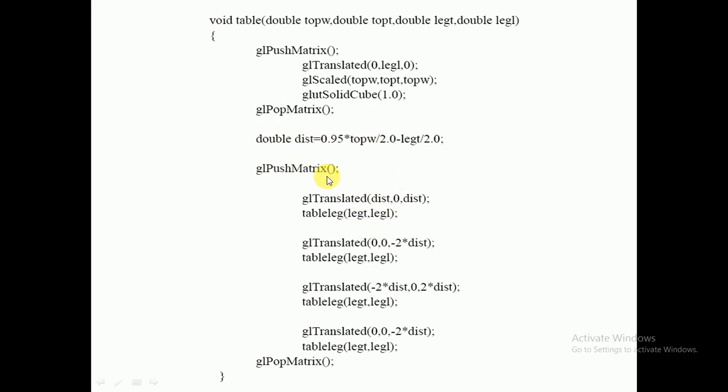That's why again a push matrix, I will push again that value, then glTranslate with the distance. I will go in the x direction this much distance, right. In y I will not change, then in z I will translate with this distance, so x with this value, y no change, z with this distance. Then table leg left, table leg top, table leg thickness, table leg length,